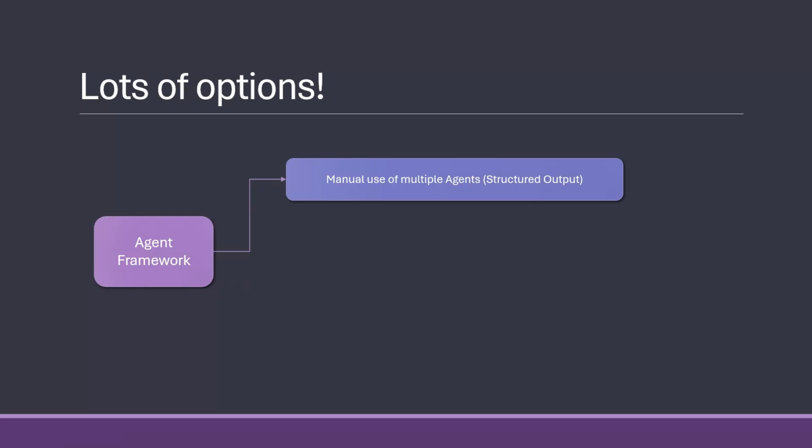And often when you do that, you use what is called structured output, which I haven't shown yet because Agent Framework is in a state where the structured output part is a little lackluster, and I hope they very soon will make it better. So I will make dedicated videos on that at some point. But it is possible to just take multiple agents, do some if statements, do some switch statements yourself, and of course call that multi-agent.